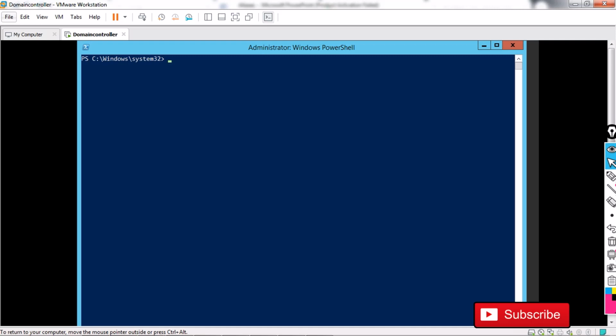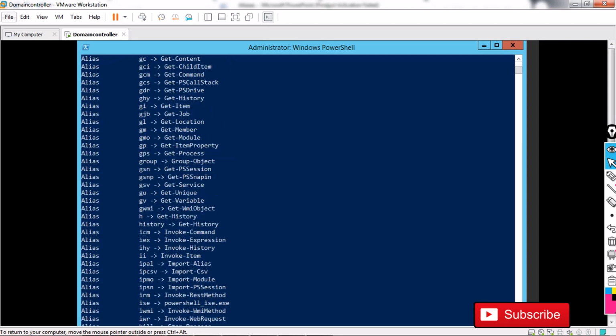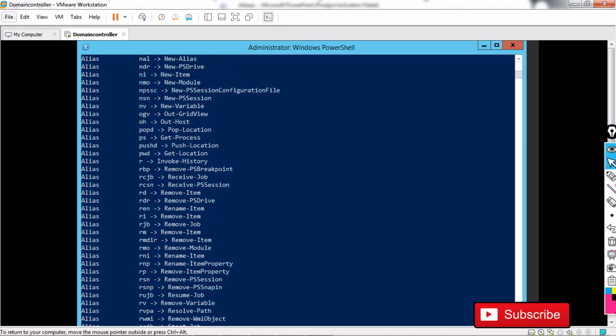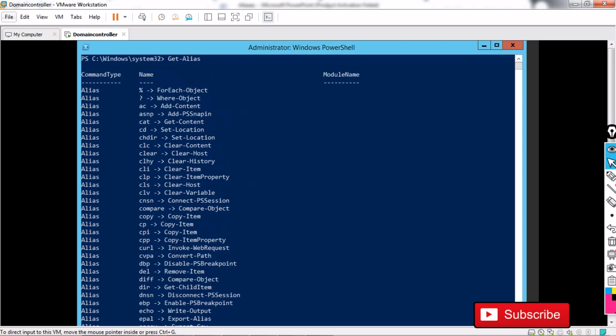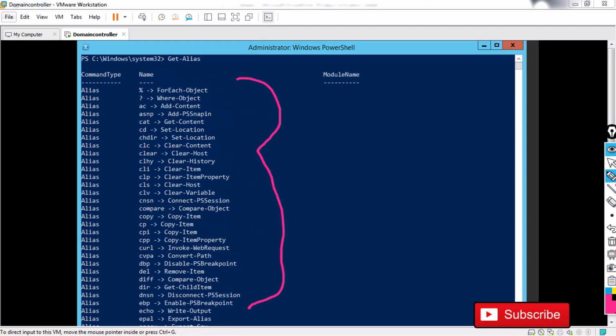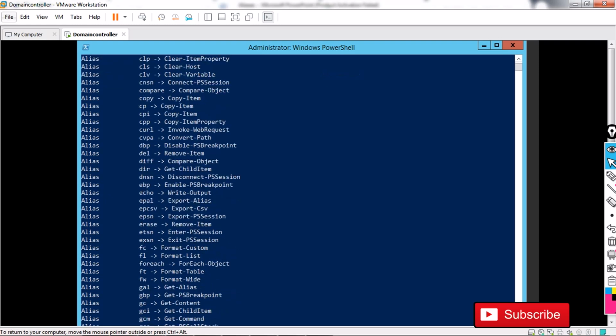If you want to deal with some more aliases, you can always go to get alias and see all the aliases that you have. These are default aliases that come with PowerShell, which means though I close the PowerShell window and reopen it, I get all this set of information right in the console. These are not going to be lost at any given point of time. These aliases are in every version of PowerShell. Probably there might be some new aliases in the latest versions, like version 5, and probably you might see fewer aliases in version 1 and version 2. But